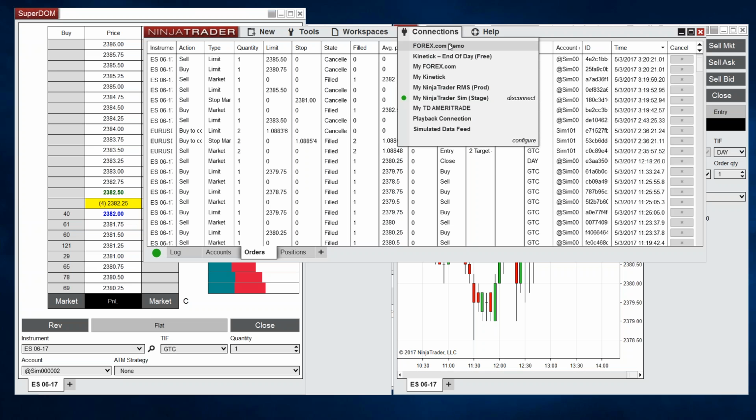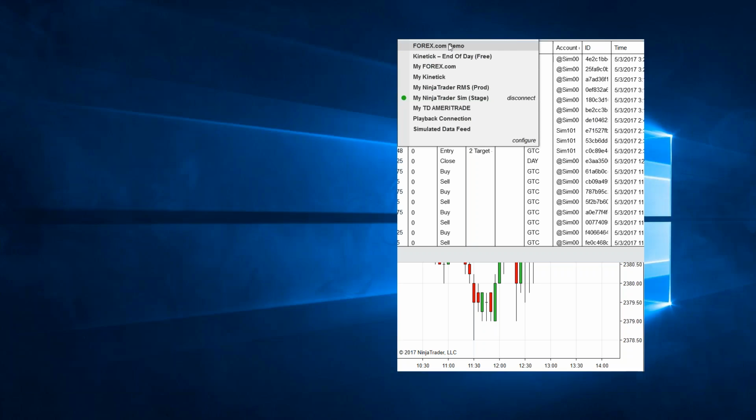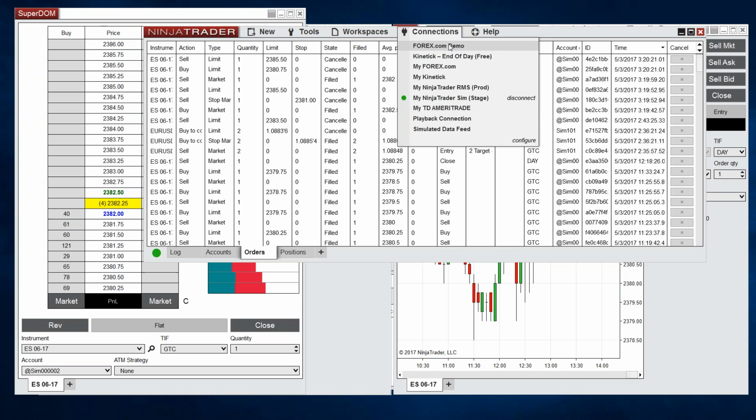I do have a forex.com demo here, and obviously I can request one from them, but I'm just not sure if they would provide one to a prospect or a customer. I think what you would need to do is send an email and see if they could get you one. And if you're having trouble getting it connected, assuming they give you one, then write into platform support at ninjatrader.com. But as a company, we don't offer one at this time yet. Okay.